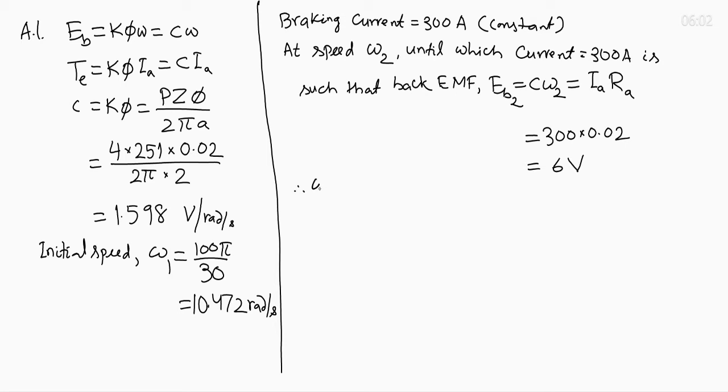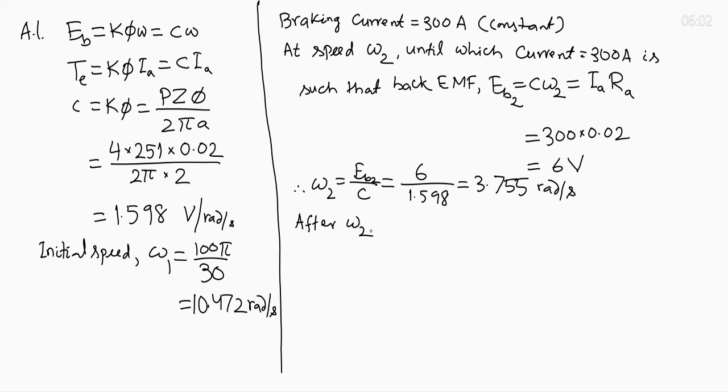Then omega 2 is EB2 by the proportionality constant C. EB2 is 6 volt, and C is already determined, 1.598 volt per radian per second. So, omega 2 is obtained as 3.755 radian per second. Then after omega 2, the braking current cannot be maintained constant, because the armature resistance is totally cut out,